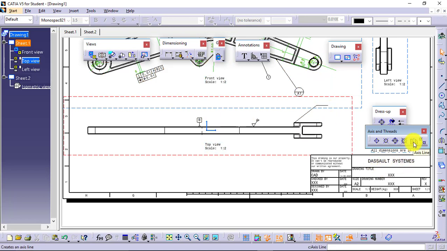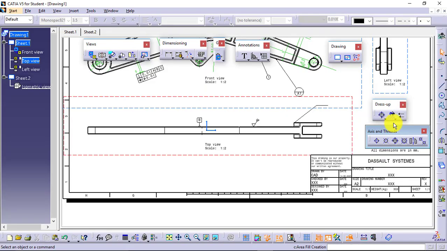Axis line, you can show the threads with references, you can show the center line with references. What exactly are we doing? We are giving the references. Why? For applying the dimensions. We just have to give the references which the software is not able to generate, or is not able to sense from the model. We are applying or generating those references.